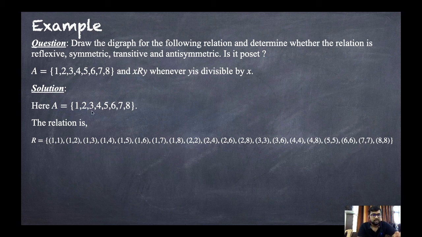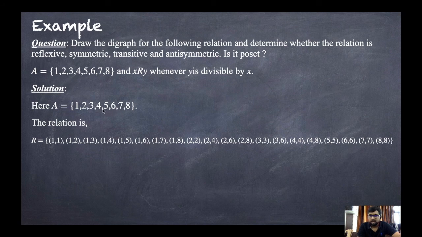So now next, just fix 2. Now 2 divides itself. So that means 2 2 pair will be there. Now 2 does not divide 3. So that pair won't be there. So next, 2 4, yes, it will be there. Then 2 5, no. Then 2 6. So 2 divides 6. So that means 2 6 pair will be there. Next, 2 8. So the job of 2 is done. Now next, just fix 3. So 3 does not divide 4, so that pair won't be there. Now 3 5, no. Then 3 6, yes, 3 divides 6, so 3 6 pair will be there.